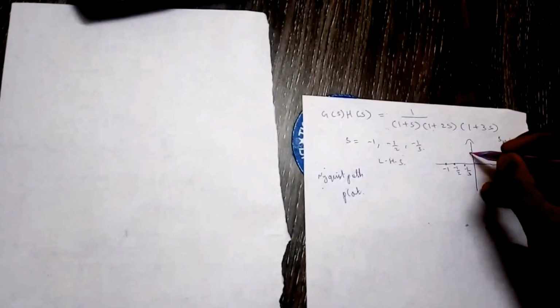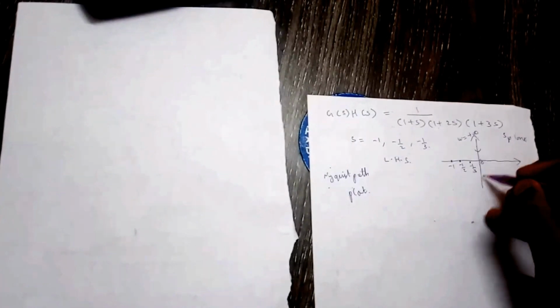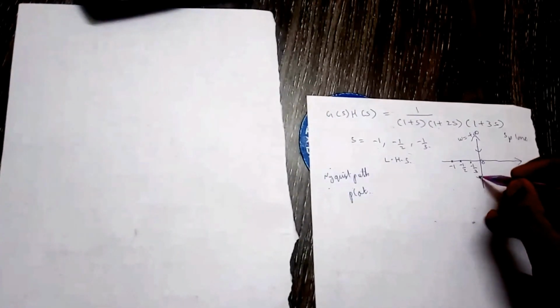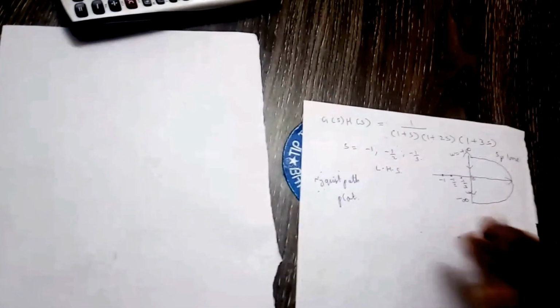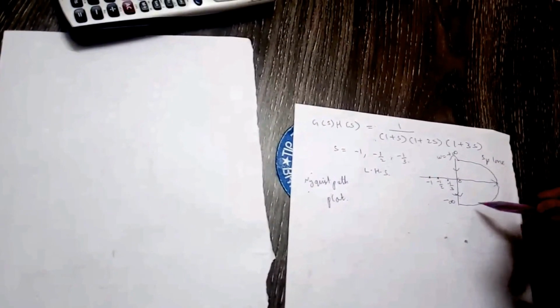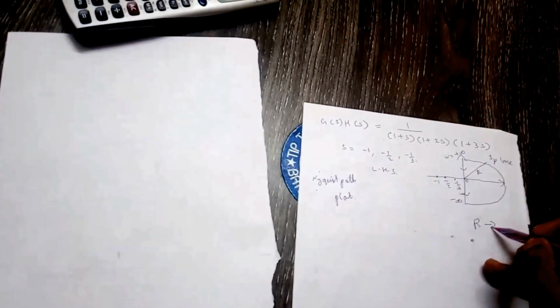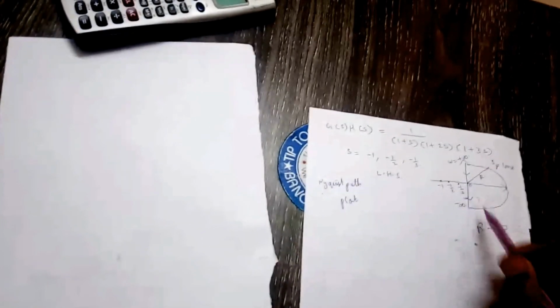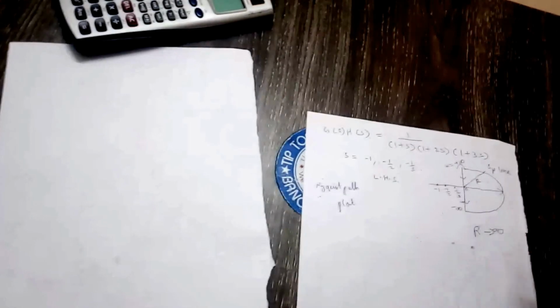So coming back to our s plane, here we can plot the Nyquist contour from omega equal to plus infinity to 0, and from 0 to minus infinity, and all the right half of the s plane. I have represented the right half of the s plane through a semicircle of radius r, where r tends to infinity. So I will be covering all of the right half of the s plane through this semicircle.